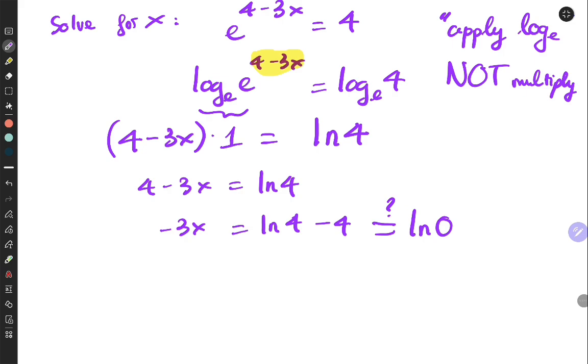No. No. Okay, you only subtract when you have the same base. Yeah. Okay, so how do I get that? Let's say if I want that to happen, not equal that, then